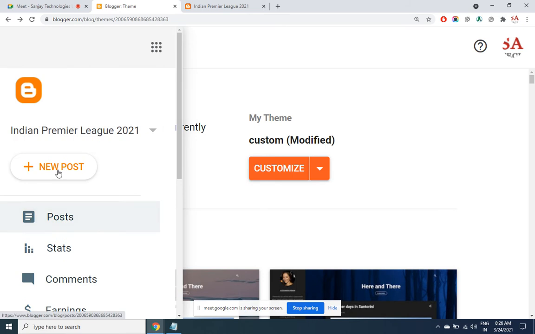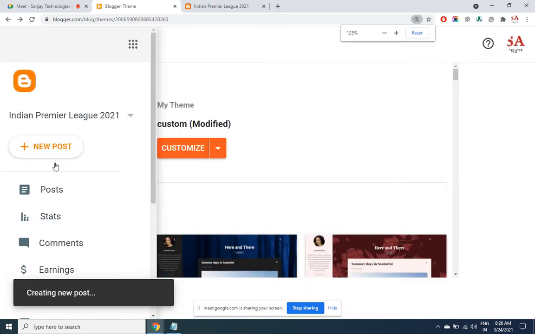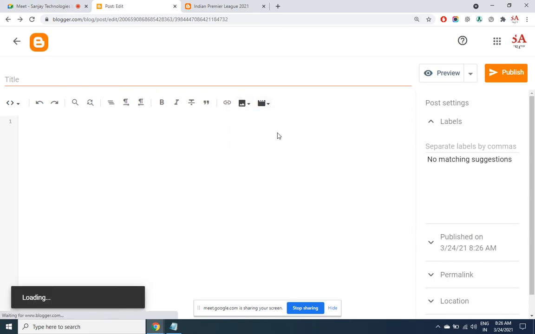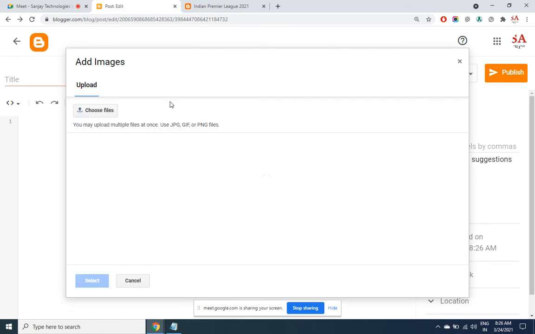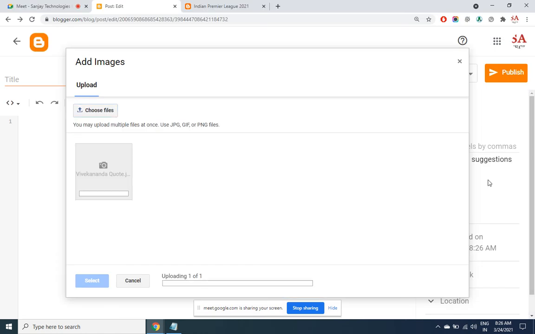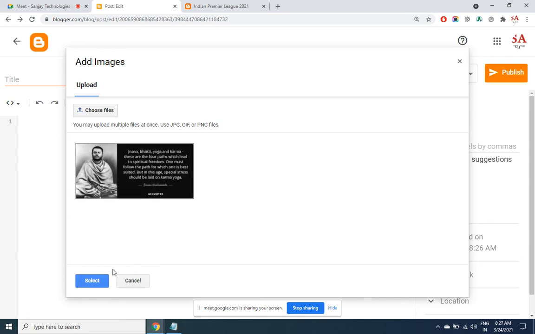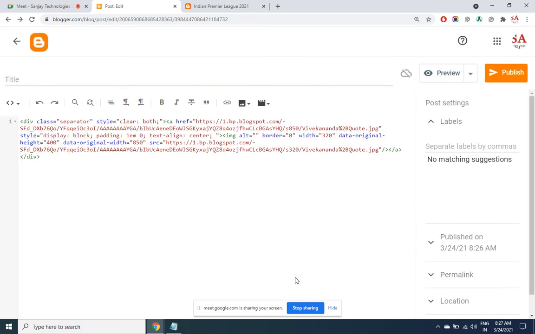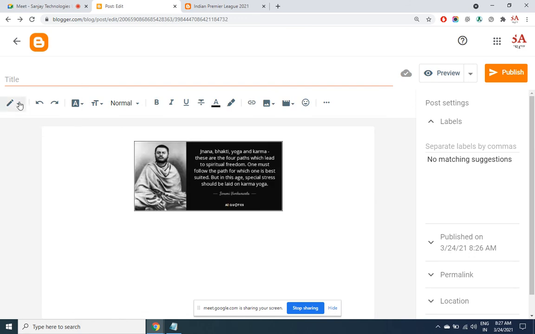In order to add an image, we choose this option. So in the front end you get this image, but in the back end you get the JPEG URL.